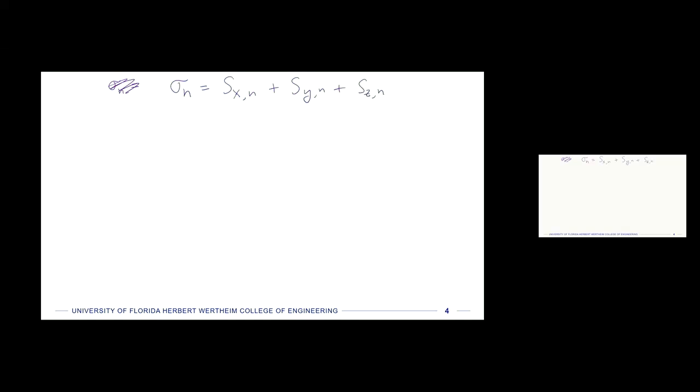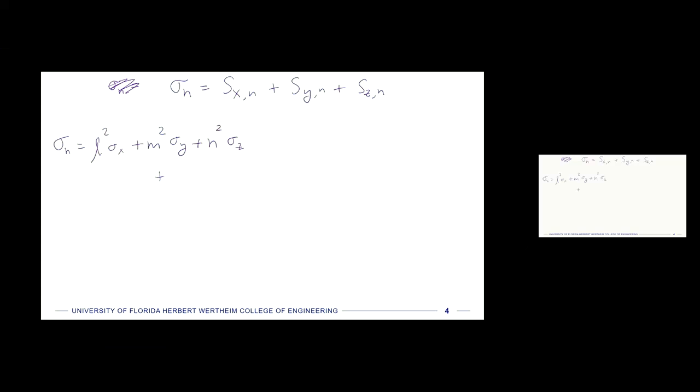And so I will write that entire thing out here. Sigma n is equal to L squared sigma x plus m squared sigma y. So I'm expanding this out to have all the terms in all directions. Plus n squared sigma z